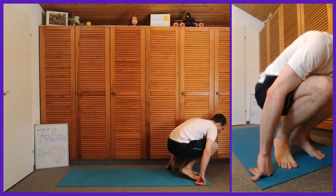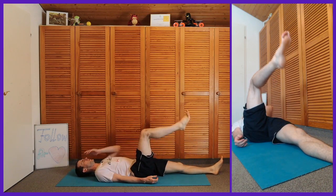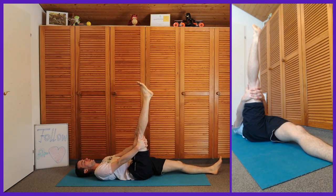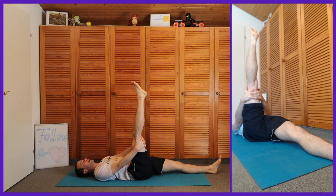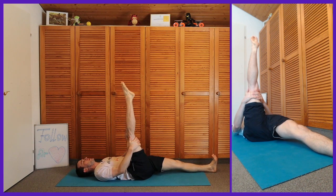So sit on your mat, down, come to the floor. Whew. And from here, extend the right leg up. Grab on to the right, below the knee. Grab on below the knee and draw in a little bit. And again, here important is that the left leg is anchored and the hips are anchored. After that, you can draw in a little bit more, maybe, and draw the toes down, then the foot down,